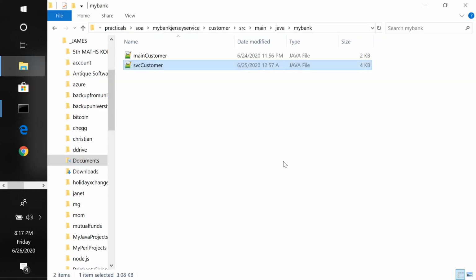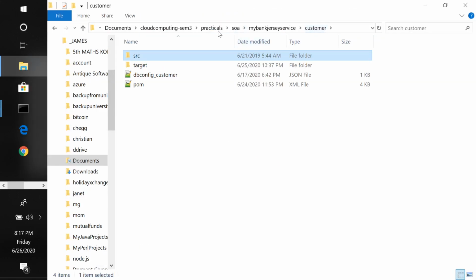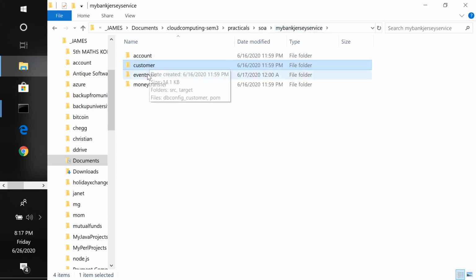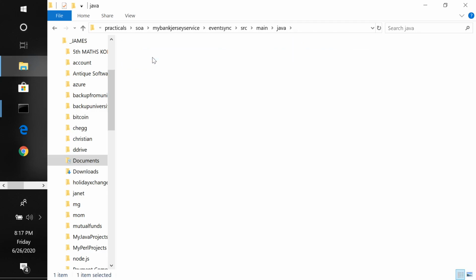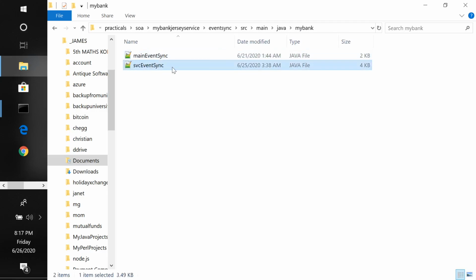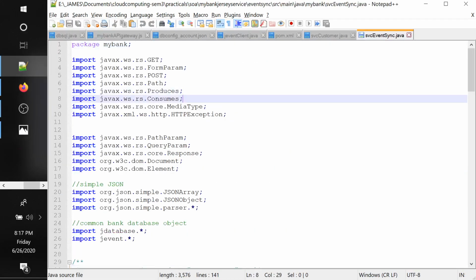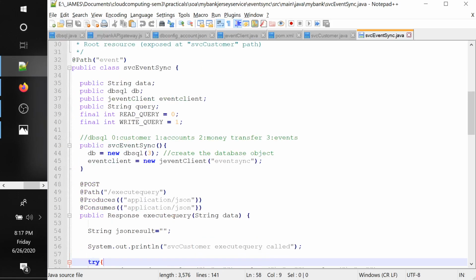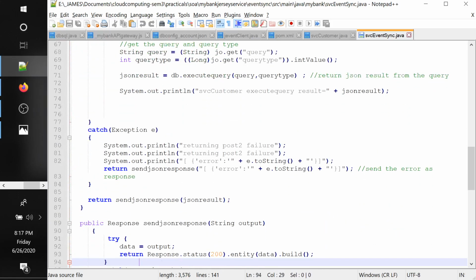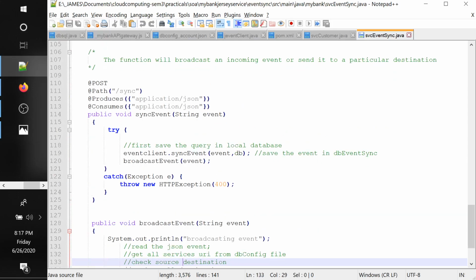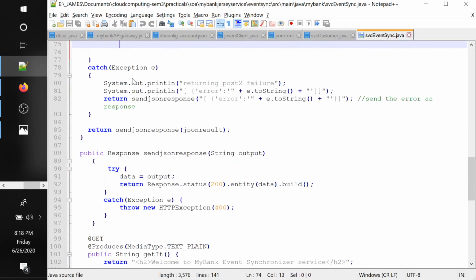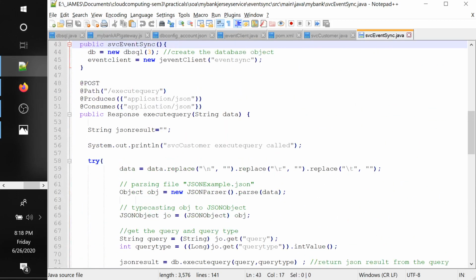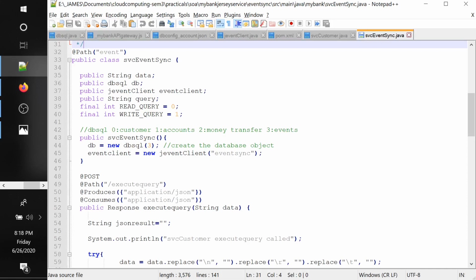So let us look at the event synchronizer, what it does internally. This is the service. If you notice, this event was called, sync, and the root path of the service is event.